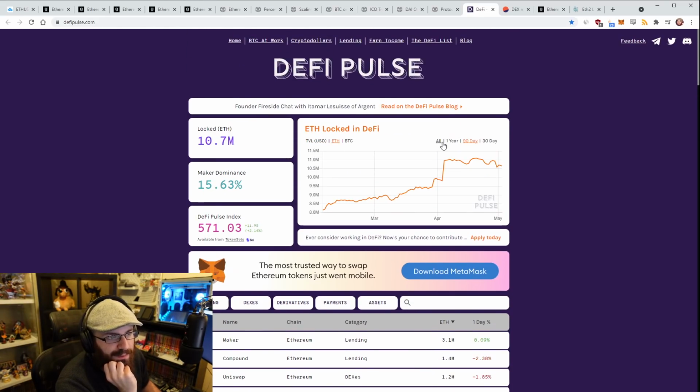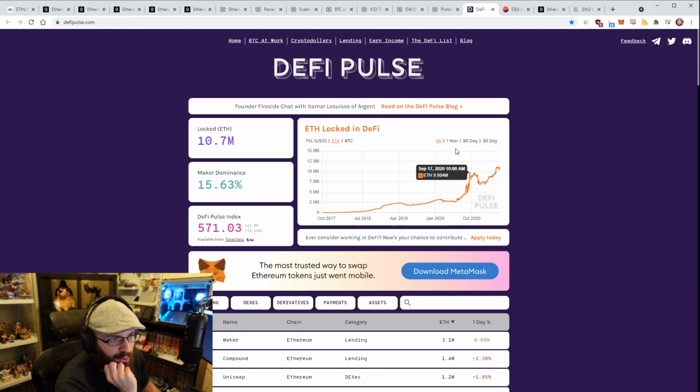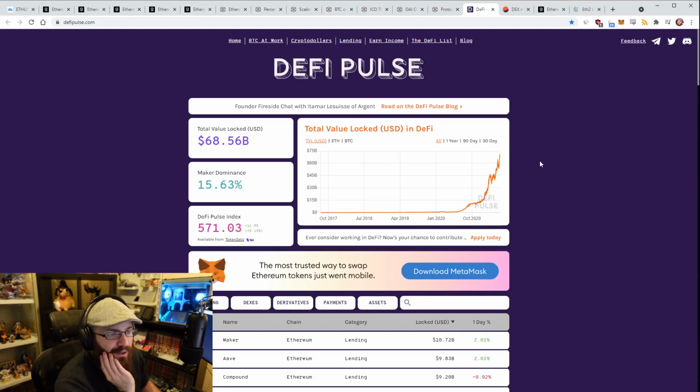If we go to ETH locked, it gets a bit more interesting. We actually broke a new all-time high in April, which was about 11 million. We're back down to 10.7 million now. But I think with DeFi Pulse, they just track Ethereum-based DeFi. There's also been upticks in layer 2s and also upticks in Polygon, the PoS network on Polygon, where I think Aave has $2 billion there. Curve has a bunch there as well. Some other DeFi apps on there too. So I think a lot of liquidity is going there, and a lot of TVL is going there as well, which would make sense here. But still, Ethereum's layer 1 DeFi is not slowing down at all. It's still going quite strong.